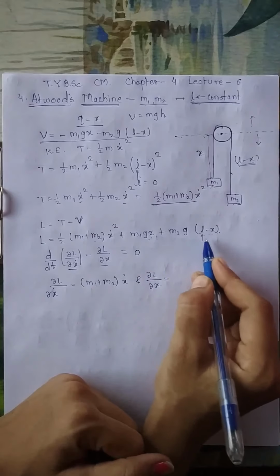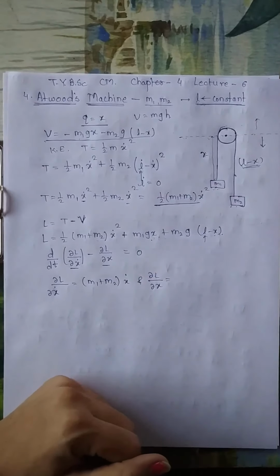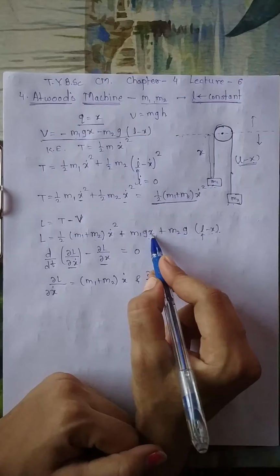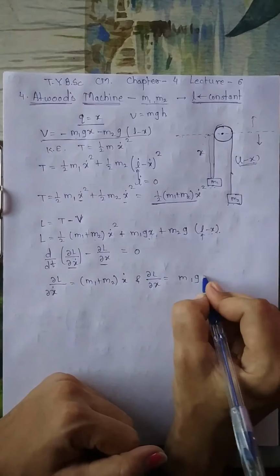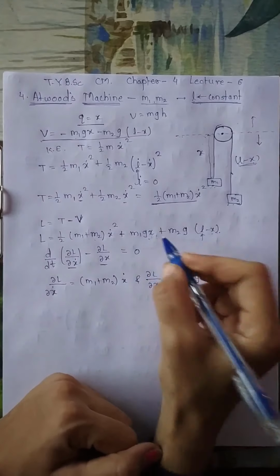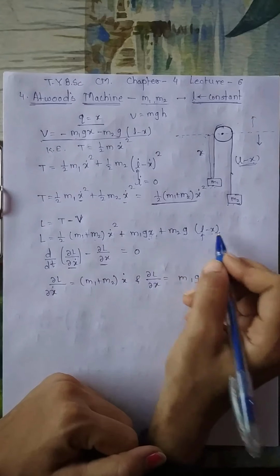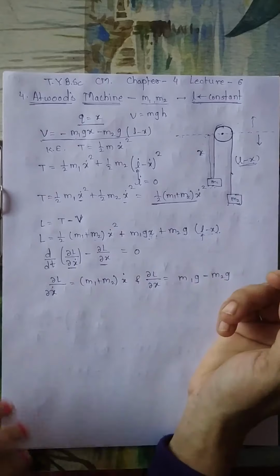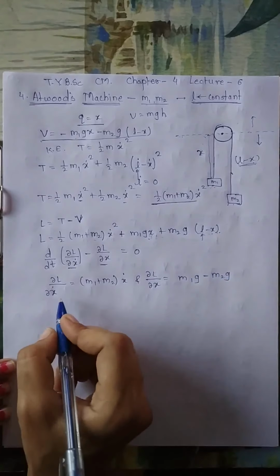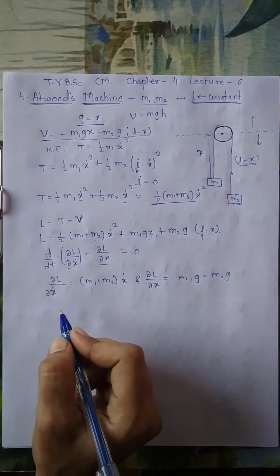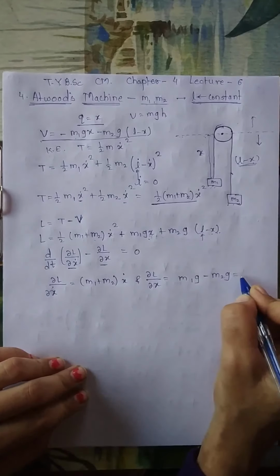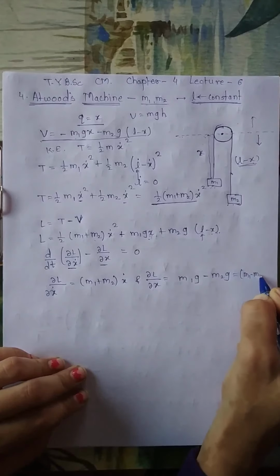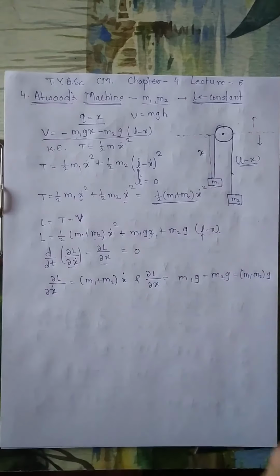So for this term the derivative will be 0 since there is no x. Now here the derivative will be m1g, and here minus m2g, since only x is there and the derivative of x is 1 for both the terms. So these are the derivatives. Now before substituting these values, I will take g common, then we can write m1 minus m2 into g as a common factor.